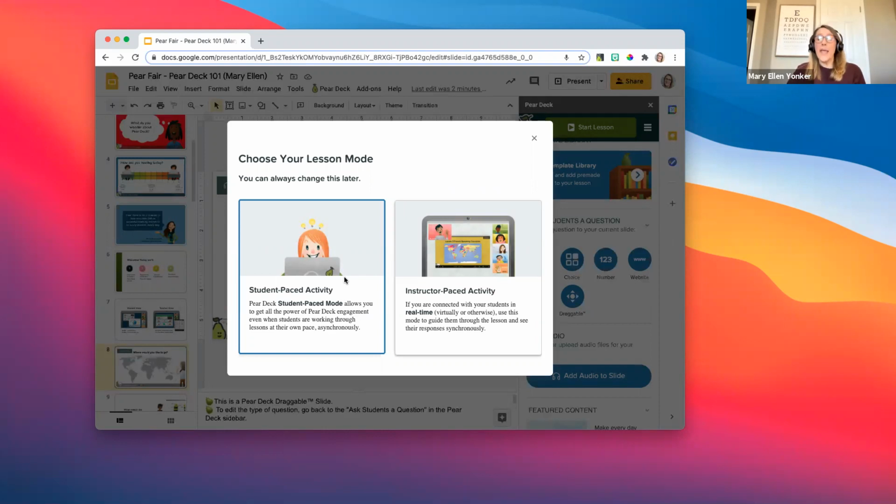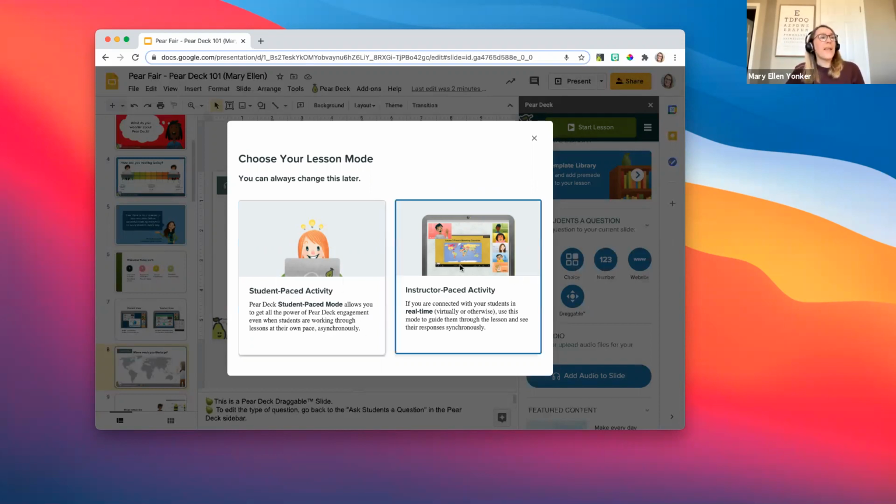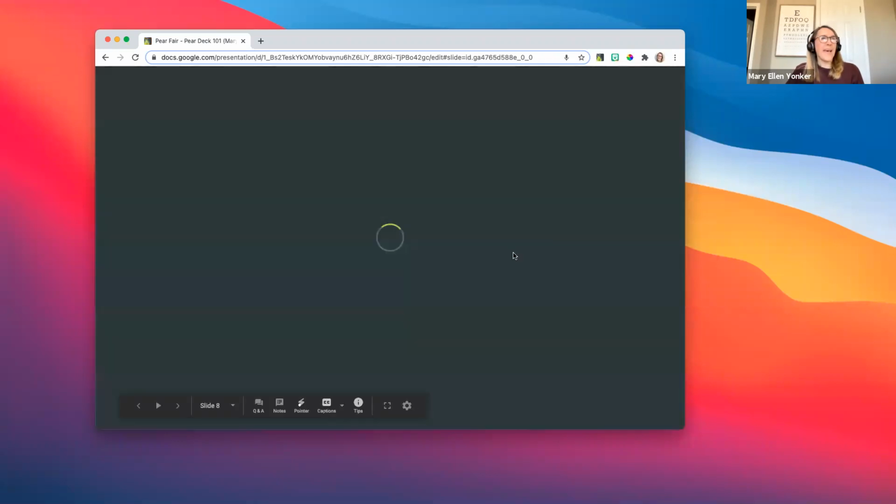If you are doing a flipped activity or giving this to the students for homework, you'd want it in student paced. Instructor paced allows the teacher to guide the learning, and the teacher will move the students through the slides one by one. I'm going to go ahead and start it in instructor paced. And our lesson is starting.